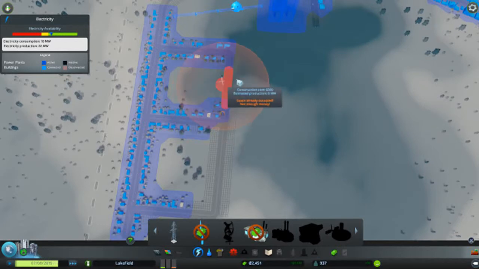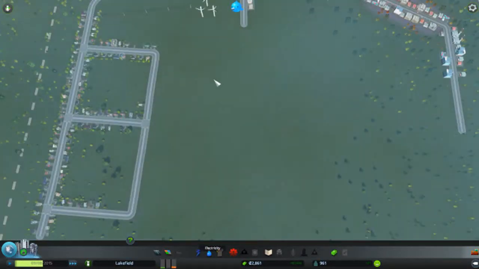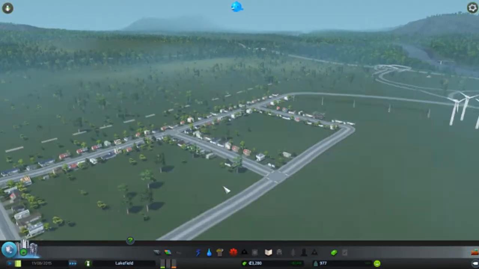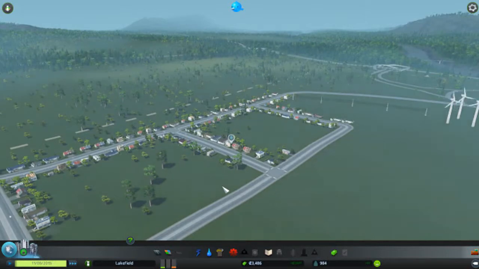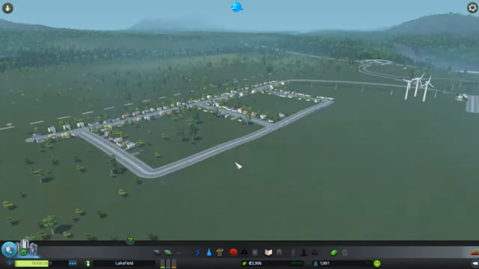We're starting to see some pretty good growth of our residential now. Let me get off this view. Yeah. So we're starting to see some good growth of our residential area. We've got a nice little gridded system being set up here. It's probably not the most efficient how we got it at the moment, but